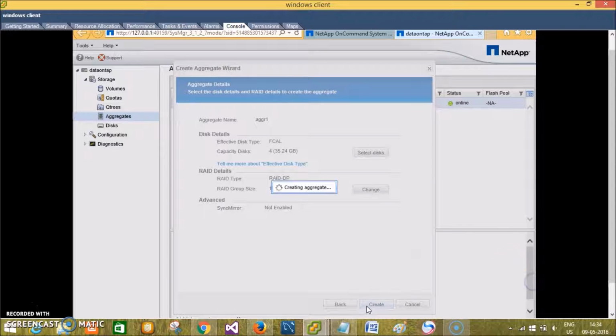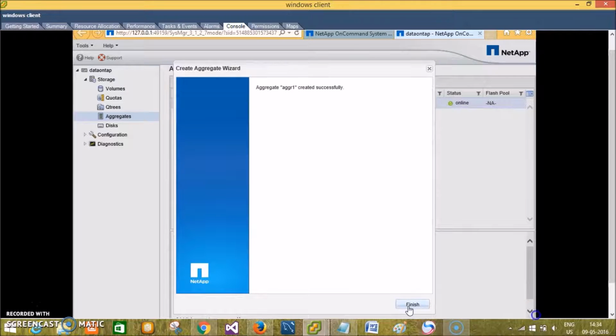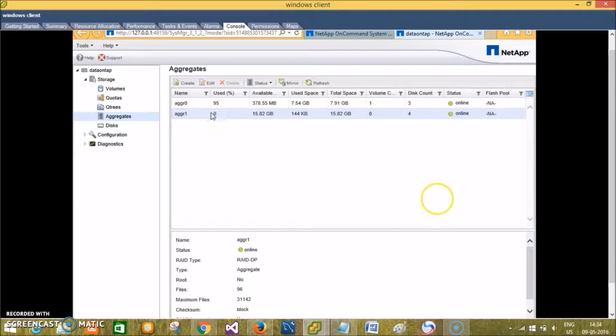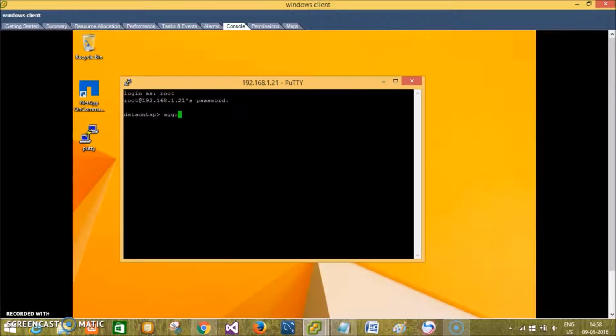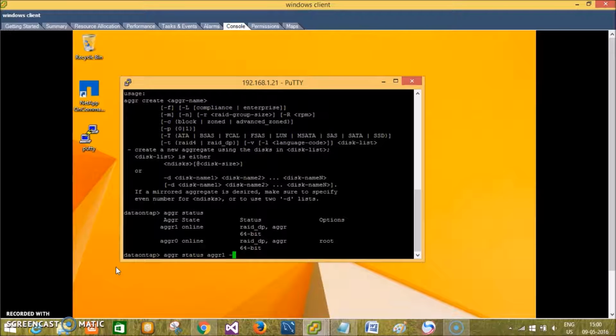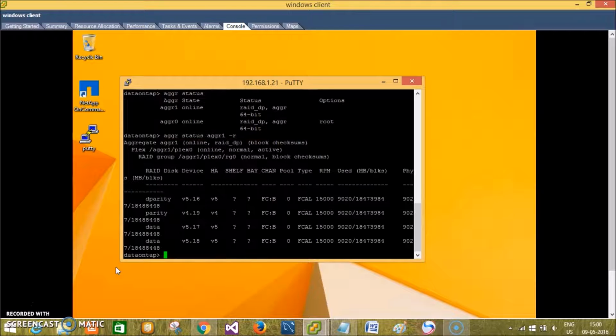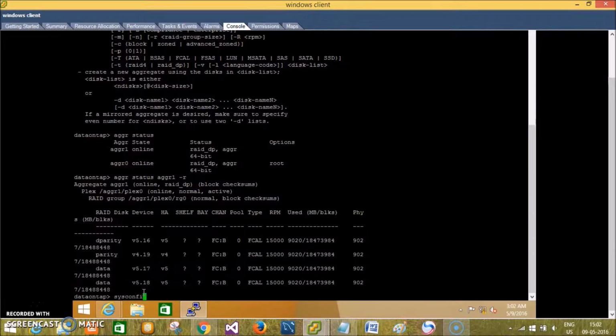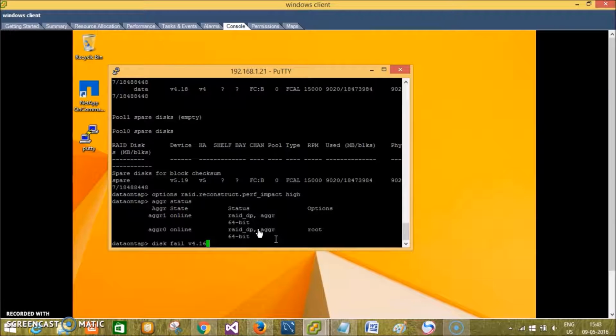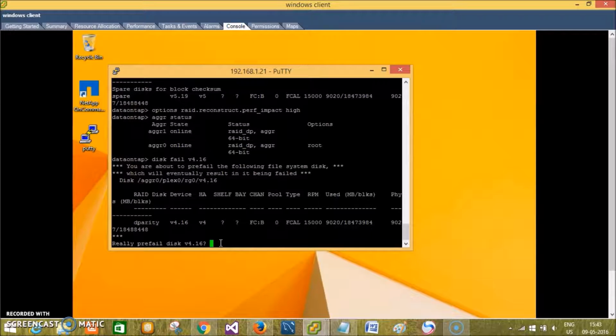Here you can see that aggr1 is successfully created, and the status of aggr1 is online, the total space is 15.82 GB and the disk count is 4. Now by using PuTTY, that is the command line interface, I am going to check my aggregate status. Here you can see aggr1 and aggr0 status, and I am going to check what all the disks are available for aggr1 by using the aggr status -r command, and after that I am going to perform disk fail